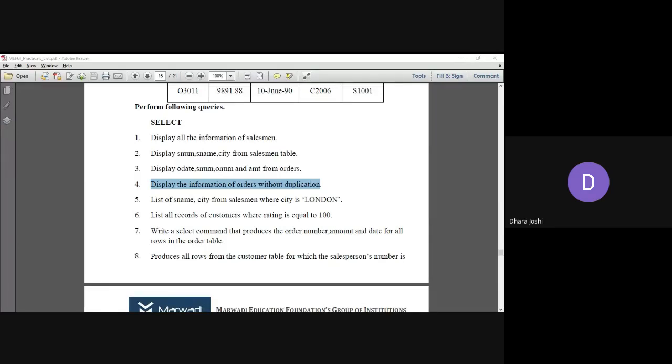It is correct. Just identify that you have given the same table name.